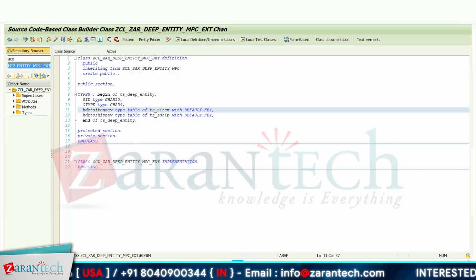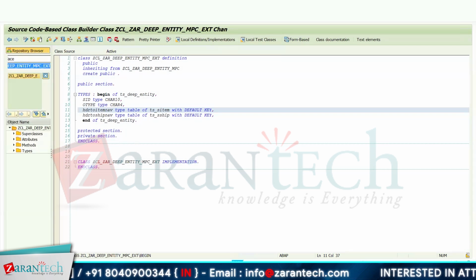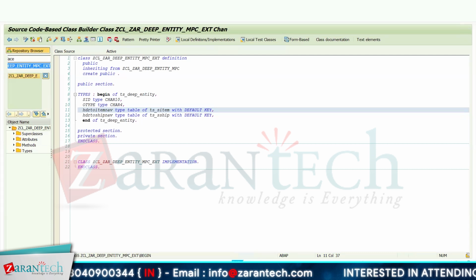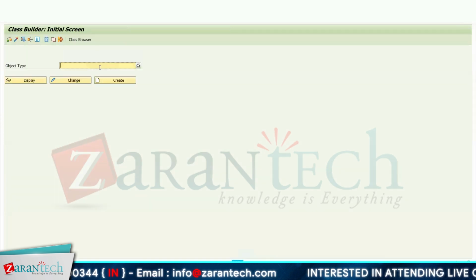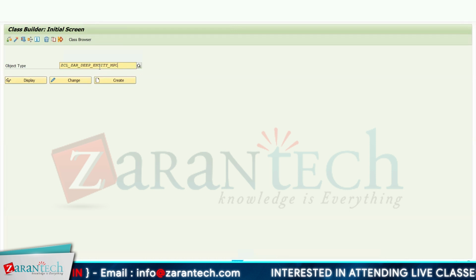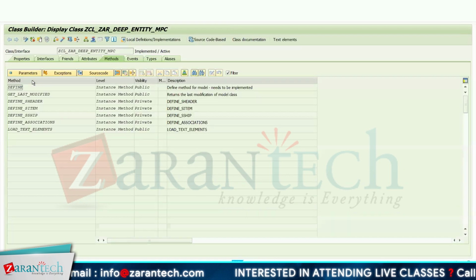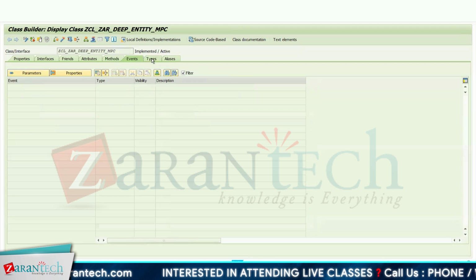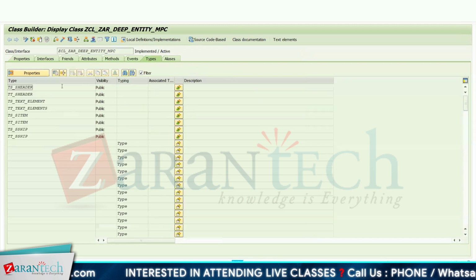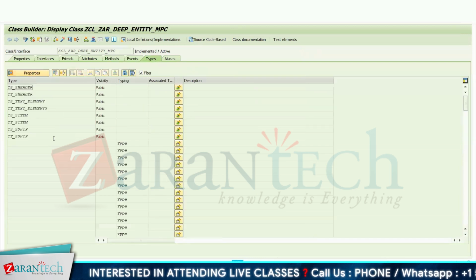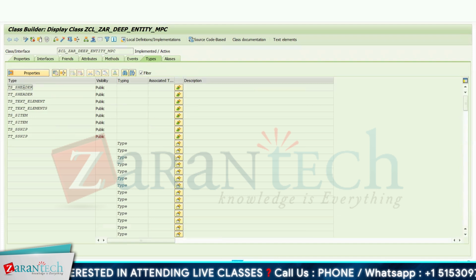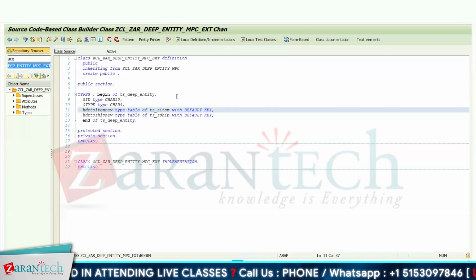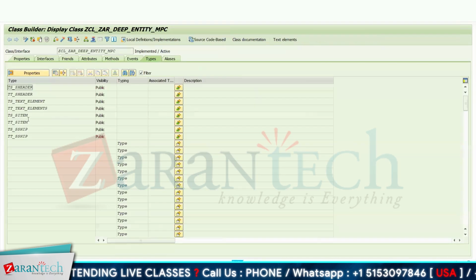Let me go to the MPC class so that we can understand it. I'm copying the name of this class. Then I will go to SE24. Let me show you. Go to MPC. Click on display methods. Events types. Yeah, see, these particular types have been created automatically as header. So we are simply using this particular TS item